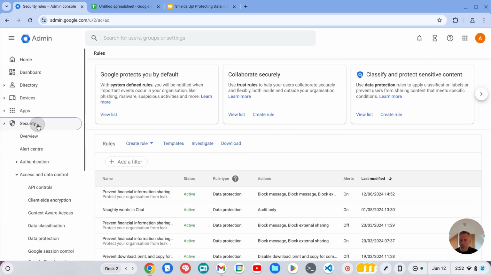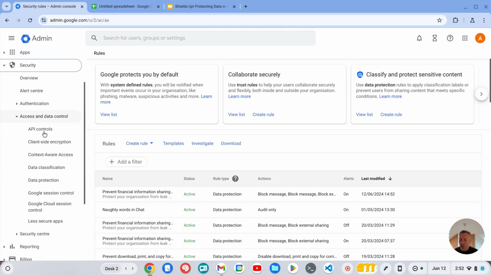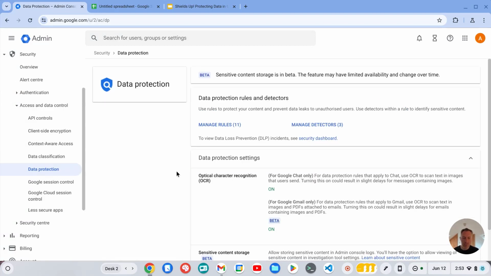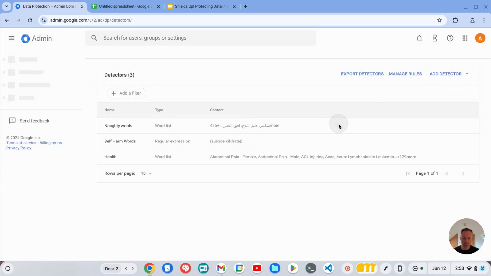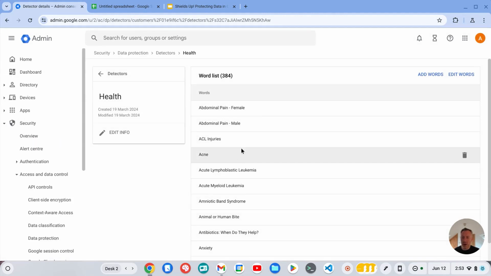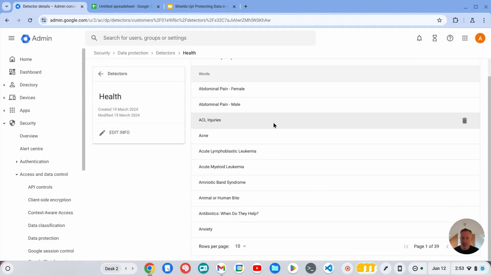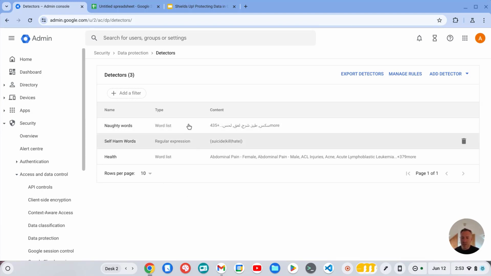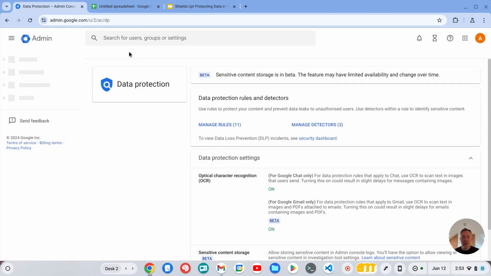The other interesting thing with data loss prevention is that rather than just relying on Google's predefined conditions, we can create our own conditions as well. So if I go into data protection now, and then select manage detectors, I can also import my own word lists into here as well. In this example, I've got a word list of different health conditions. I've also got a word list for naughty words we might not want our users to be using, particularly as it's a school domain. Or we can also create our own regular expressions to have saved in here. And once we've got those created, we can then use those word lists